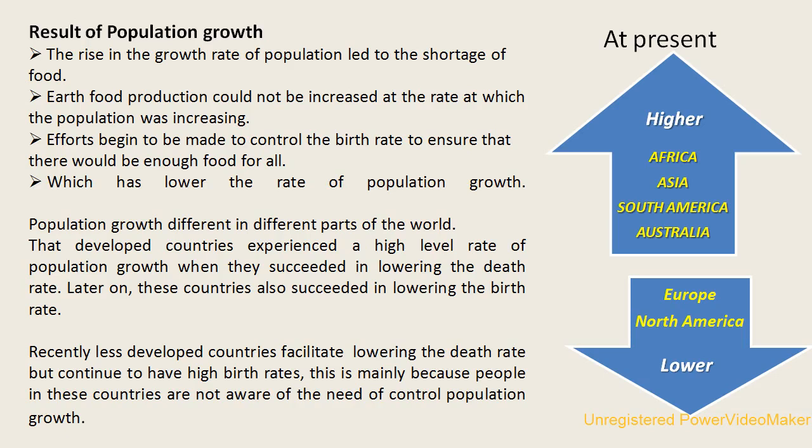So overall, looking at this topic, we can find that if we are not able to control the birth rate, there will be severe problems like shortage of food, jobs, and many other things. So we have to control our population growth. Just as we are controlling the death rate, at the same time we have to control our birth rate. Otherwise, there will be a huge number of people in a small land, and we will lack food and other essential things for living.